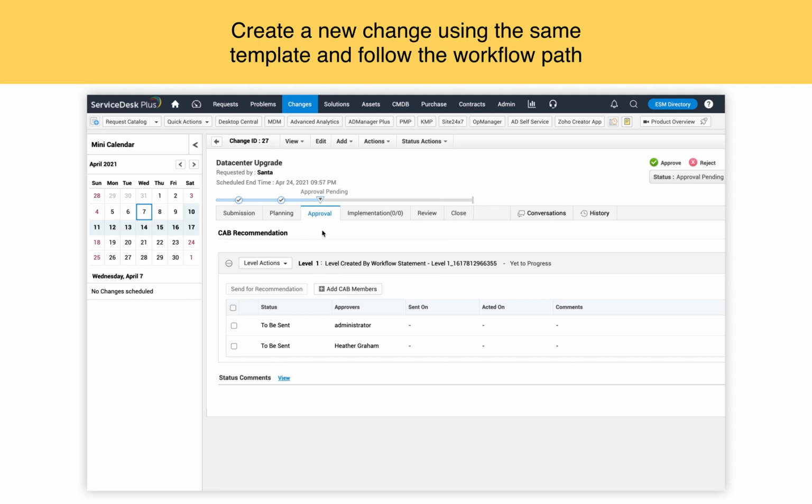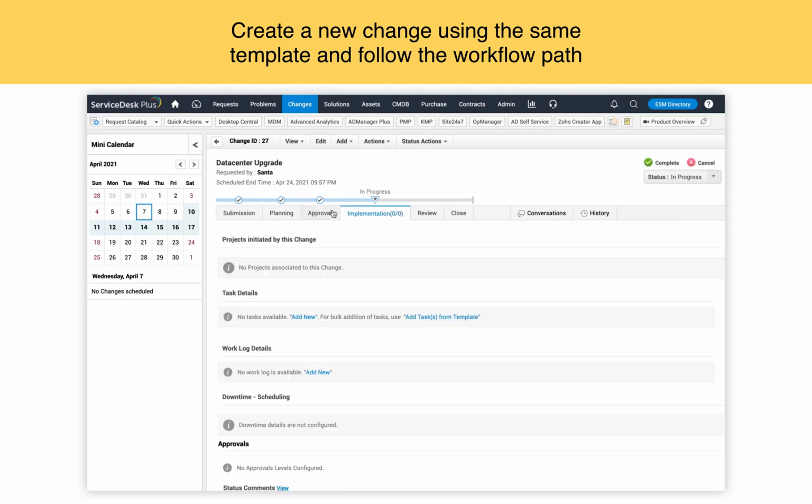So this is the stage where the approval process of the change has been determined. So each and every stage has to be accepted, but the approval on the approval stage determines the approval or the rejection of the entire change. So as per the workflow, there have been multiple levels of approvals configured based on the category of the change. So this is our data center workflow process. Now, once my entire level 1 has been approved, immediately the level 2 approval would be triggered. So once all the levels of approvals are secured in the approval stage, the change moves from approval to implementation in progress,